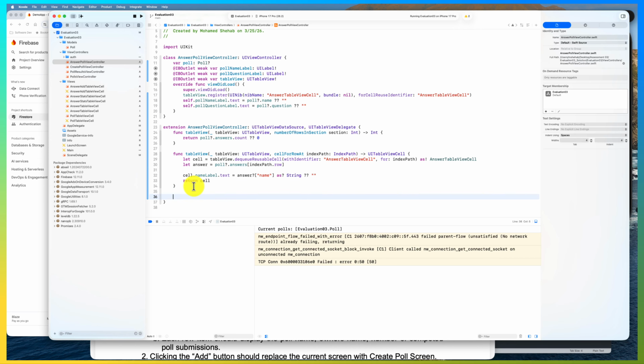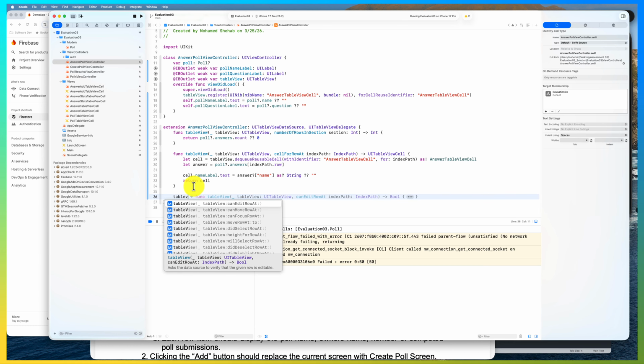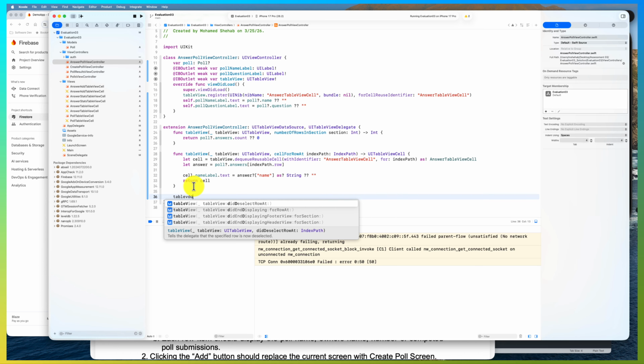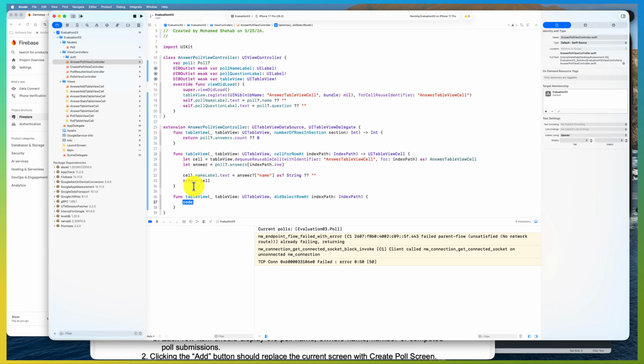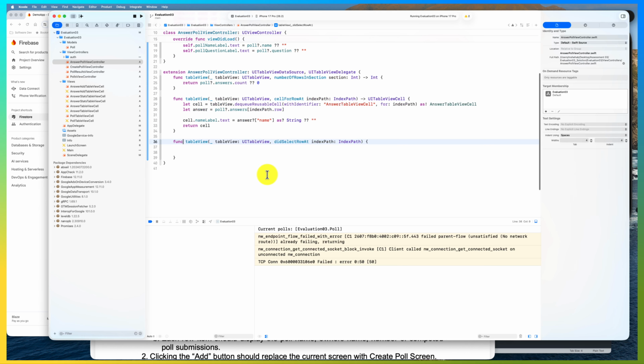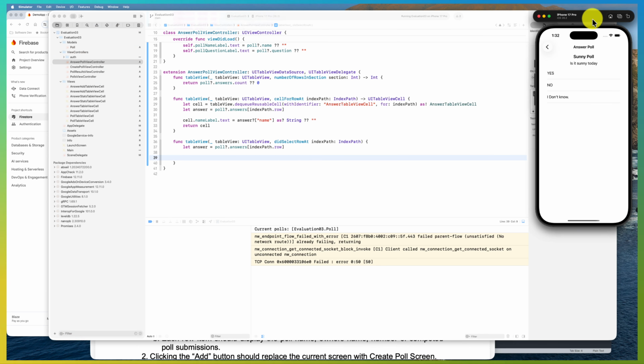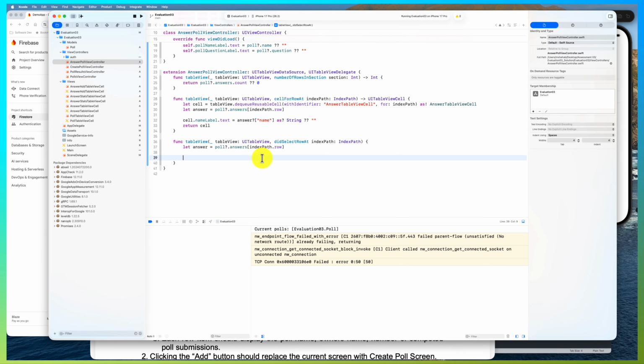So you could say table view did select at row index path, and then here we get the cell. So basically, in order to get the poll, same story. This is the answer that the user is picking. Now, what I want to do is I want to update it, right? So I want to update this whole system with, I want to update first the answer, right? So basically, what I will do is I'll go in and say answer